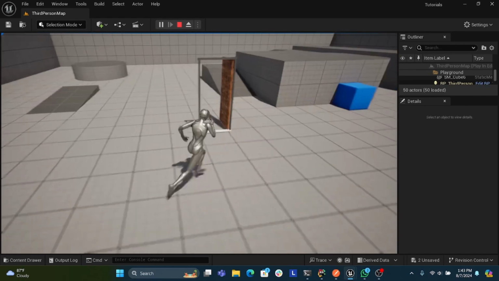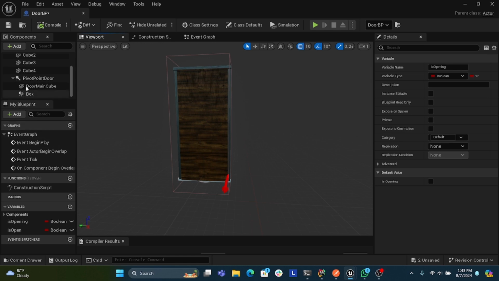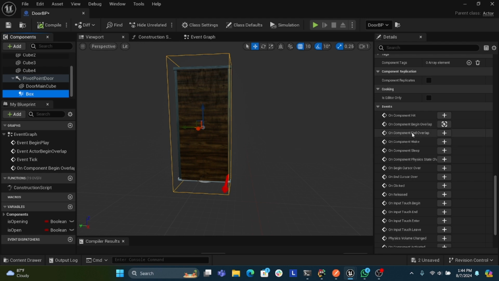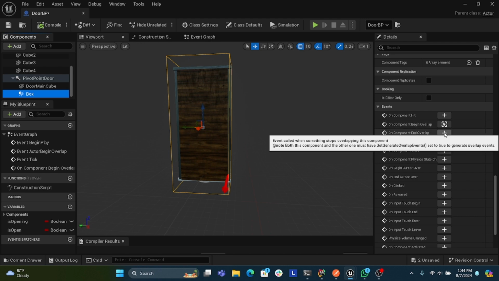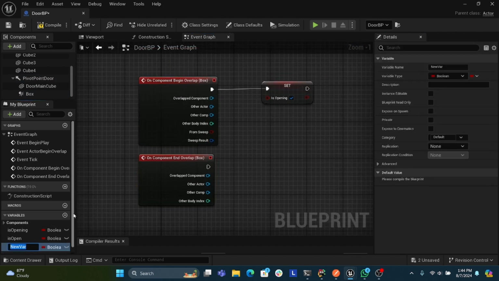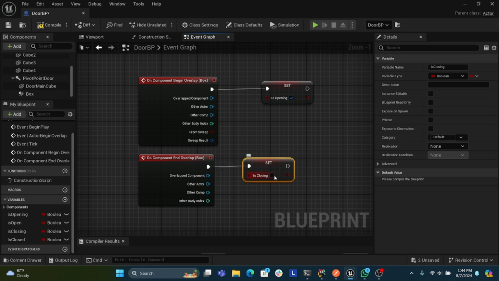Wow, no, we need to close it. So let's add that functionality here in the box, and go to the viewport and click the box collision and move down to On Component End Overlap. So we will click it and we will click is closing and is closed. Set is closing to true and set is closed